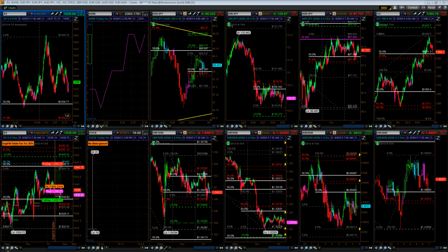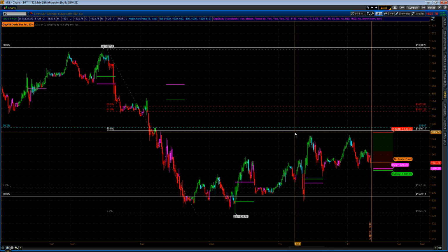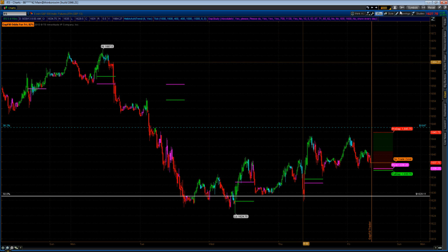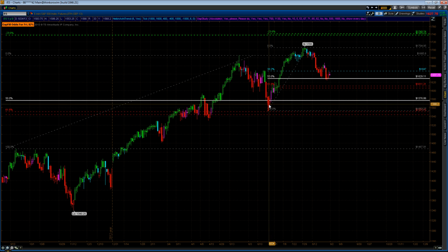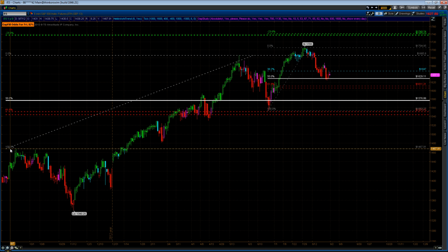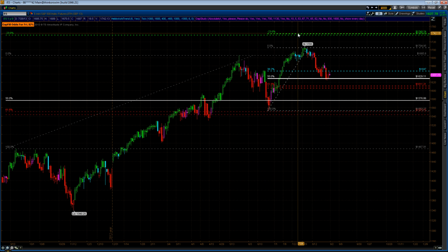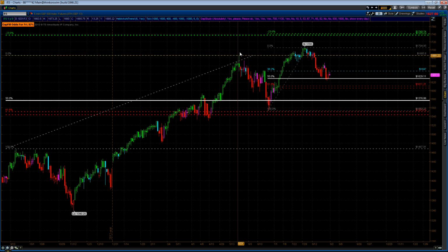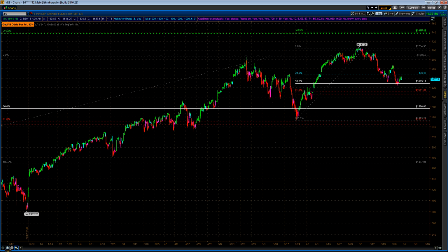Which brings us to the S&P 500. Stepping out to a daily time frame, we have pulled back before the summer, early summer. In June, we pulled back into our daily extension long drawn from the September 14th highs to highs. This daily long defended an extension level, or defended the 618 line of its extension, and has upside targets of the 1734s currently. This summer's trading, going down to a 4-hour chart, very similarly actually to